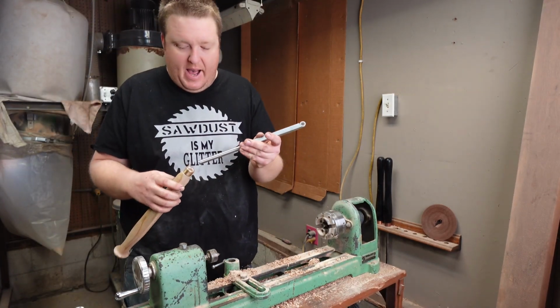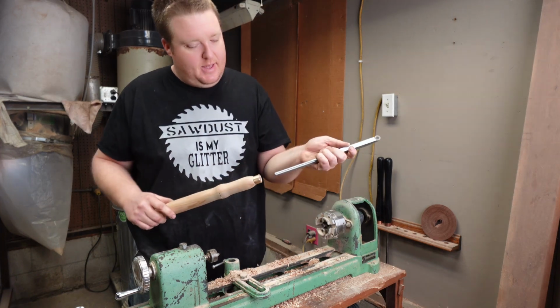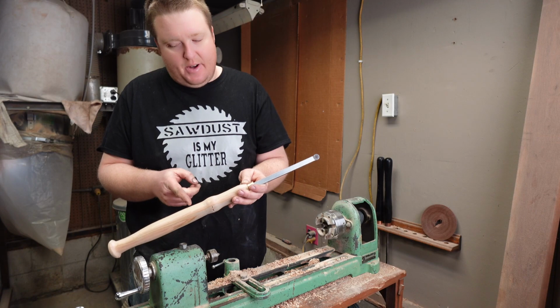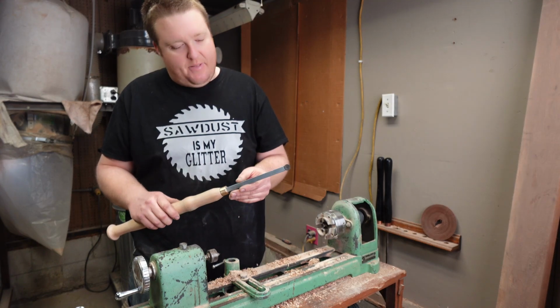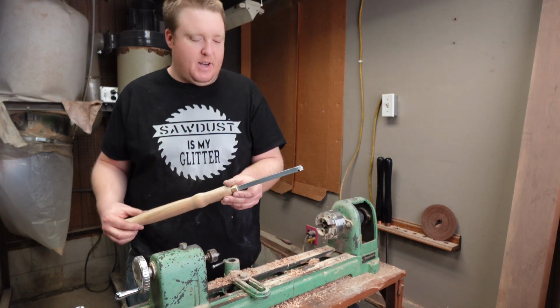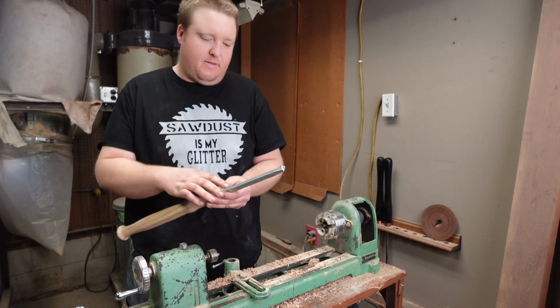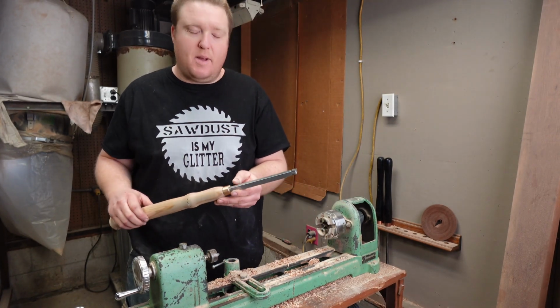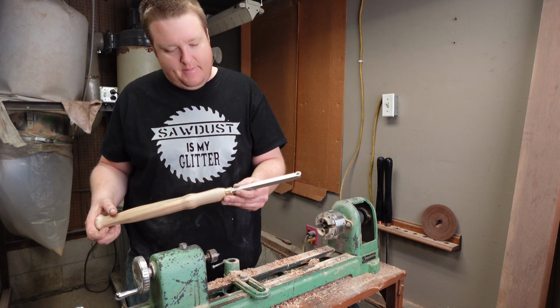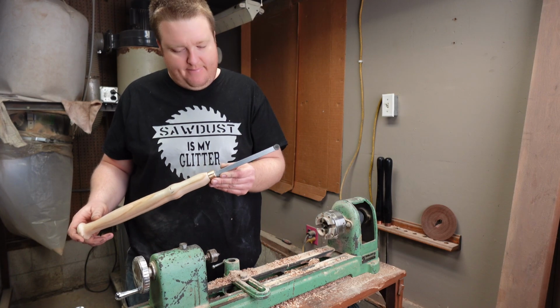So I'm going to epoxy my piece in. It's got 5 inches into the handle after I clean this all up and get it all shaped. I will be making a video of another one I'm making, but I figured to show you all my quick